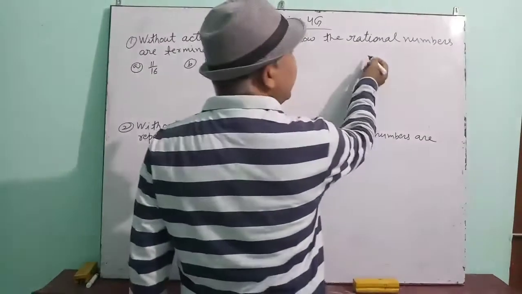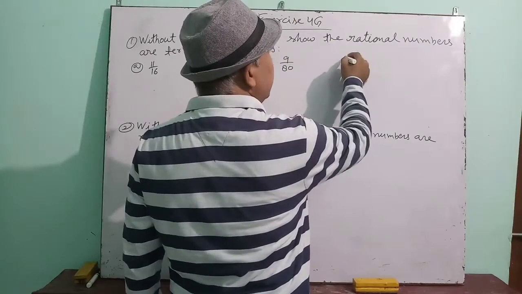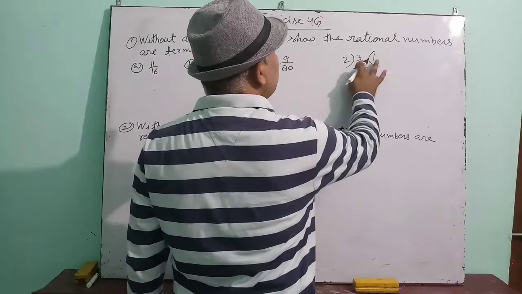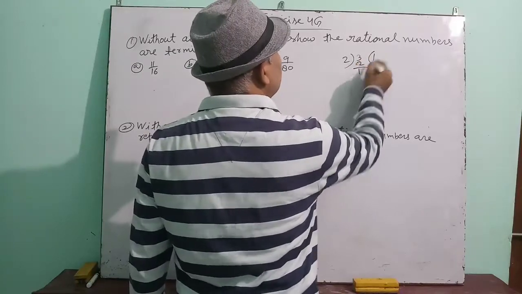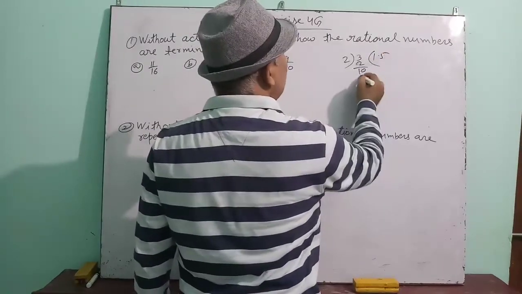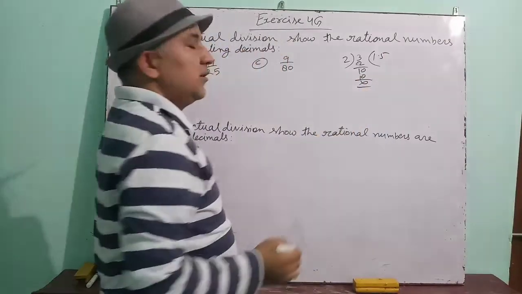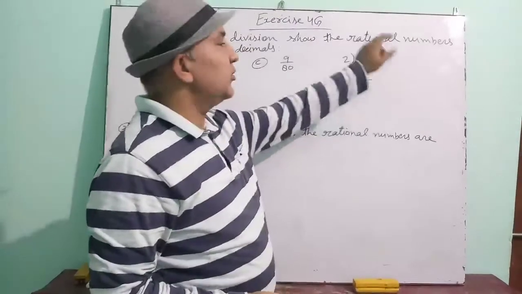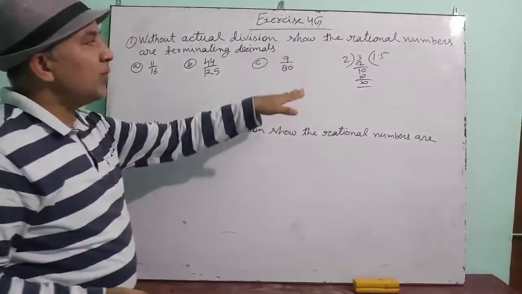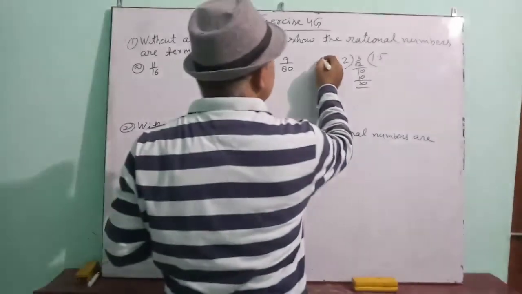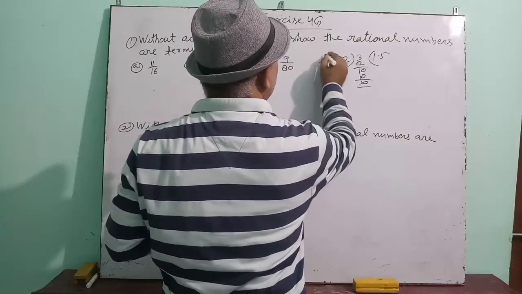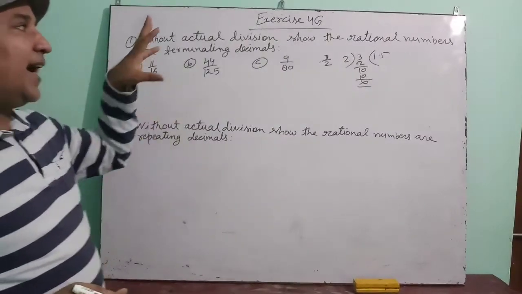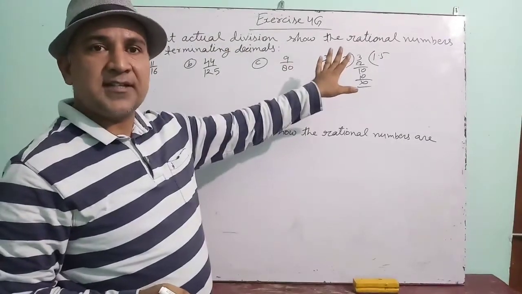Just like by dividing, very easily you can see that if 3 is divided by 2, then you will take 1, then decimal, 0, 2, 5, 10. That means when 3 is divided by 2, 1.5 is coming, your decimal is over. So 3 by 2 is a terminating decimal. So by dividing very easily you can check.